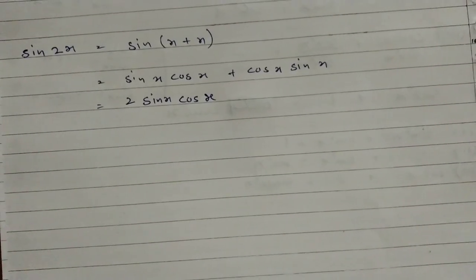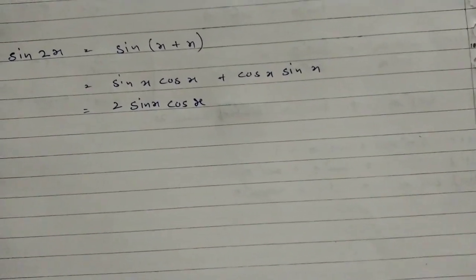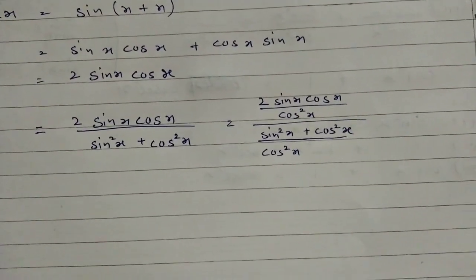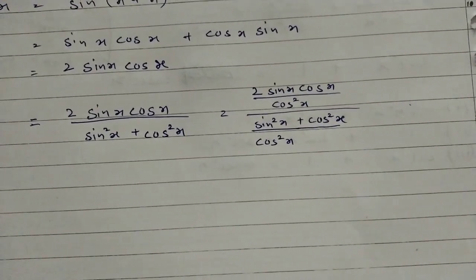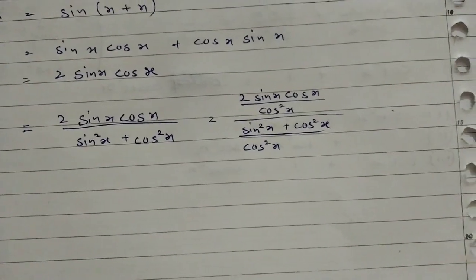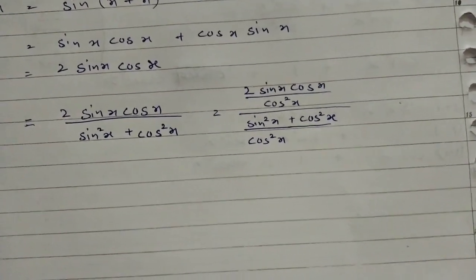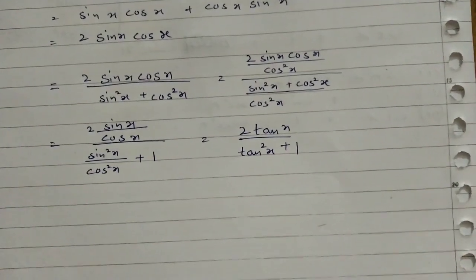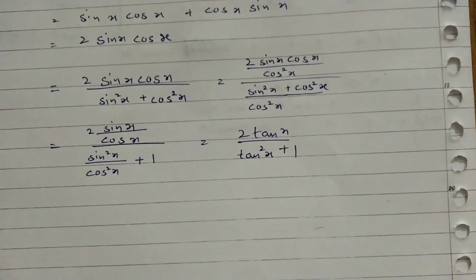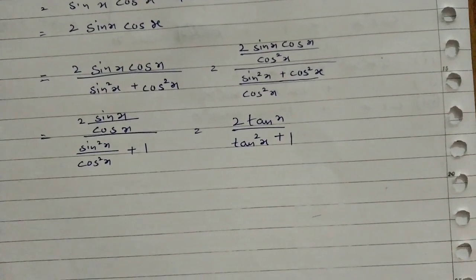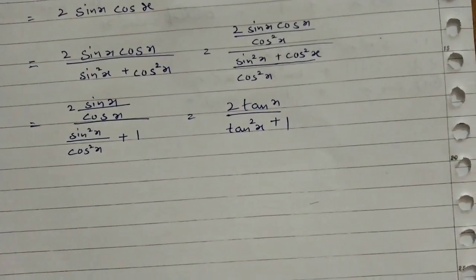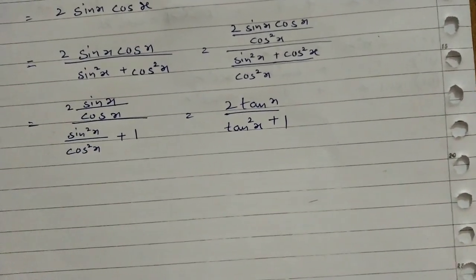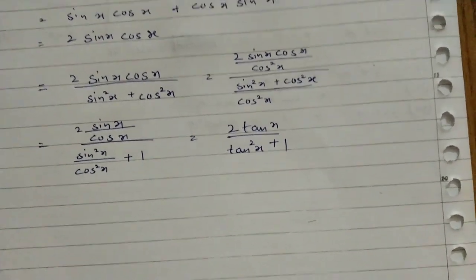We can also make it in the form of tan x. Firstly, we have to operate this formula. As we all know, sin square x plus cos square x is equal to 1, so we can divide by sin square x plus cos square x, and then we divide numerator and denominator by cos square x. It becomes 2 sin x over cos x, divided by sin square x over cos square x plus 1, and sin x over cos x is equal to tan x, so it becomes 2 tan x divided by tan square x